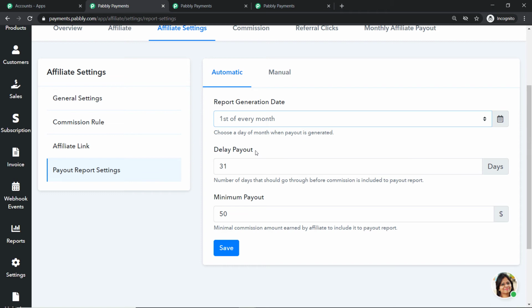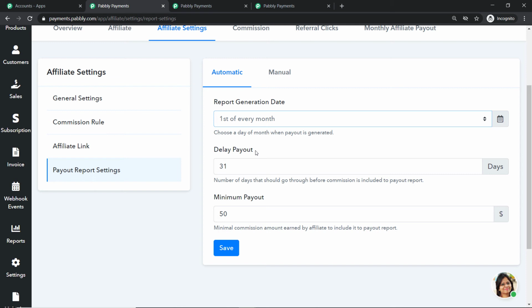So the problem is you have already paid the affiliate. So basically you are at a loss because the customer has also refunded, and at the same time the affiliate has been paid. To avoid such circumstances, we need to keep a delay period. I actually prefer the delay period as 1 day more than the refund period. So the affiliate will get the commission only after 31 days, since the refund period is 30 days.